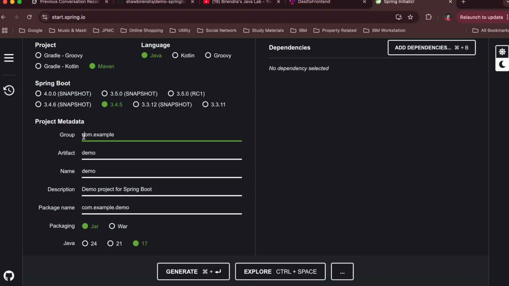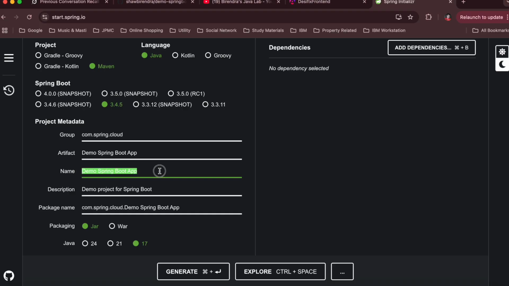Now for group ID, you can give it anything, but for now I will say com.spring.cloud. For artifact, I will say demo Spring Boot app. So artifact we have provided as demo Spring Boot app.